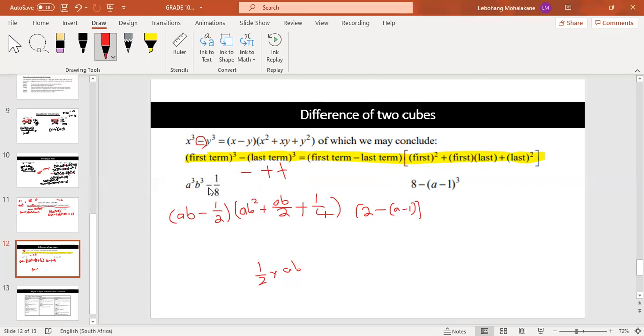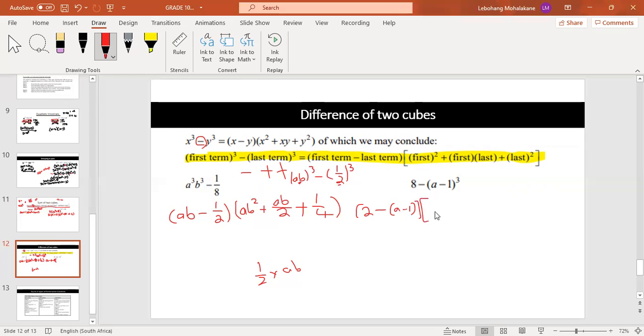Remember for this part, I could have made it simpler. You can make it simple for yourself by saying AB, and then you cube it, then minus 1 over 2 exponent 3, right? So you'll be able to know the first term and second term. The value of the first term is AB, the value of the second term is 1 over 2. And then from here,